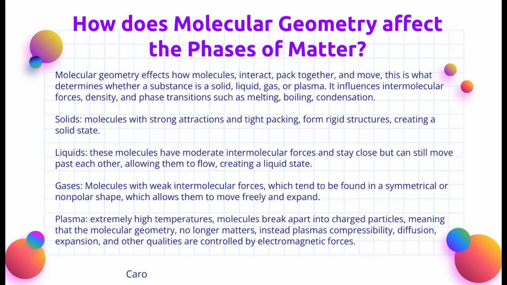How molecular geometry affects phases of matter. Molecular geometry plays a major role in determining whether a substance is a solid, liquid, gas, or plasma. It affects how molecules interact, pack together, and move. Also, intermolecular forces, such as density, and phase transitions like melting, boiling, and condensation. A simple way to put this is that the way molecules are shaped and arranged determines how they behave